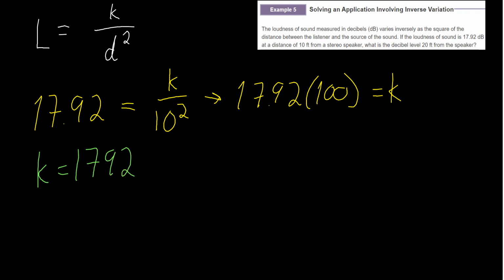Right. So we got what k is. Now, actually, I should put that in blue. Now we're on to this. What is the decibel level 20 feet from the speaker? Okay, so we need to figure out what that would be, but we've already found what k is, so we're going to have L is equal to